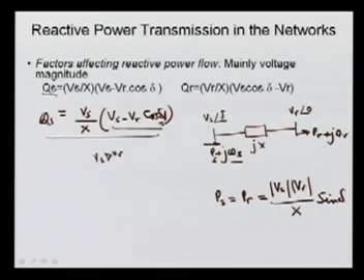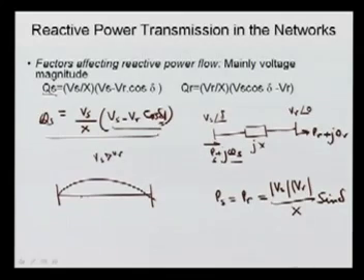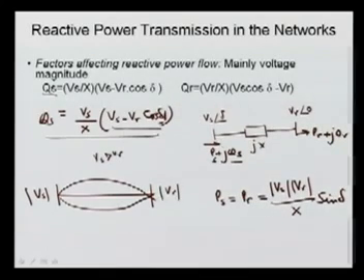However, QR will be different. Here it is Vs Vr cos delta minus Vr squared, upon x. This depends upon this voltage. So for this profile of reactive power generation, I can see the voltage here. Let's suppose we are maintaining the voltage somewhere at 1 per unit. The voltage may be like this, or it may be this, with Vs and Vr, so again it depends upon the loading of the system. Here this is called flat loading, here it is lightly loaded because the voltage is more in the line, and here it is heavily loaded and it is a sagging case.